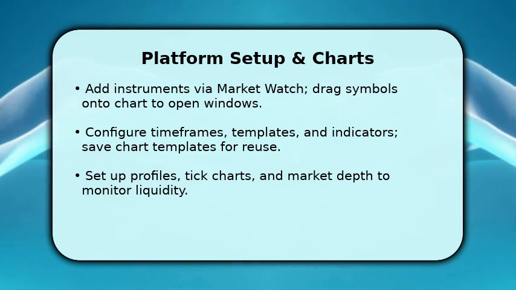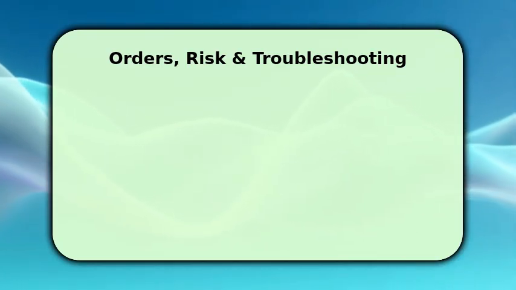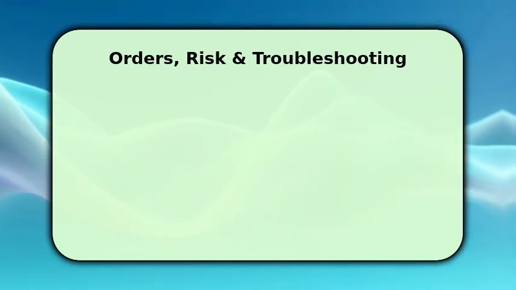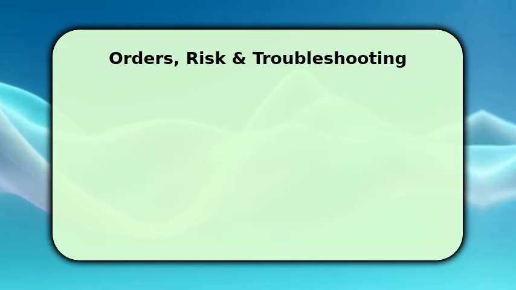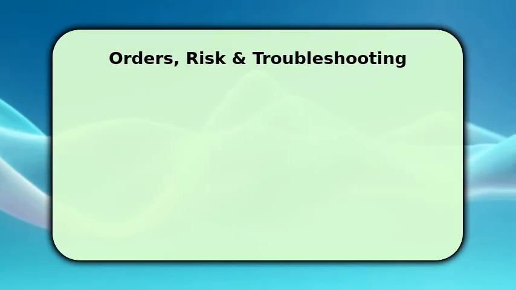You finish by executing trades and managing risk. Open the new order dialog, choose market or pending, set volume, stop loss, and take profit. Use trailing stops or OCO orders to automate exits and calculate position size so risk equals your target percentage per